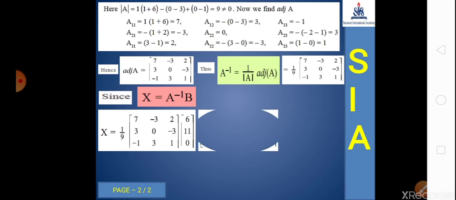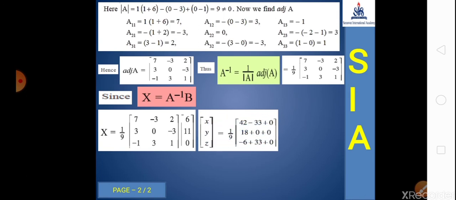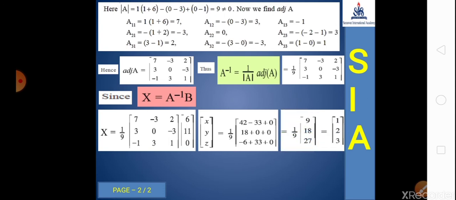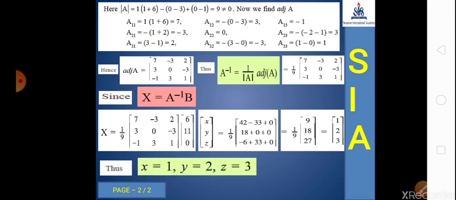Now row-wise, column entry. You multiply that, you get 1 upon 9, and after that dividing 9 into each number, you get 1, 2 and 3. Yes, that's my answer. X equals 1, y equals 2 and z equals 3. These three values are the solution values for x, y, z. Already I assumed these in the starting numerical. Yes students, this sum is over and you happily get 4 marks.